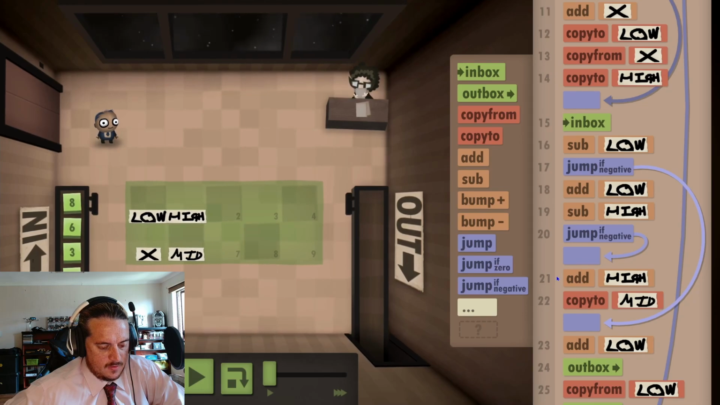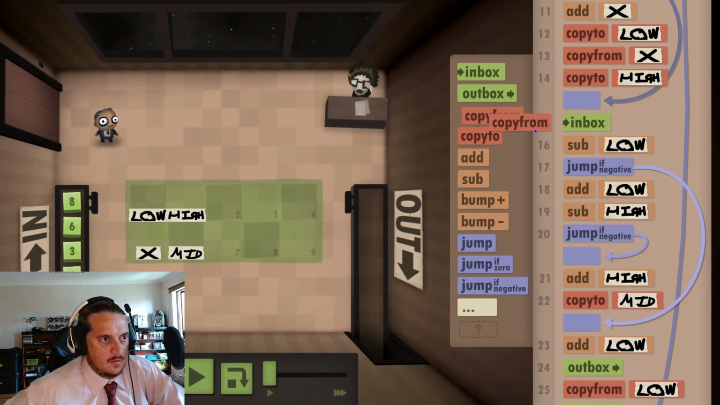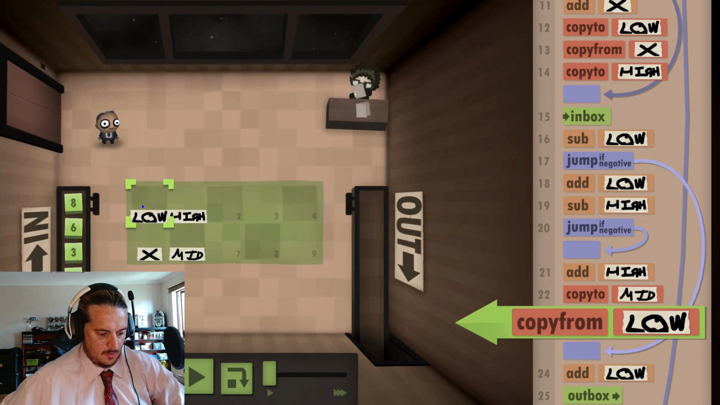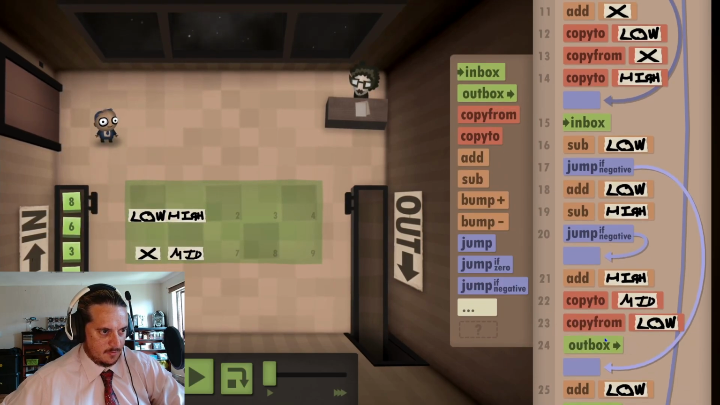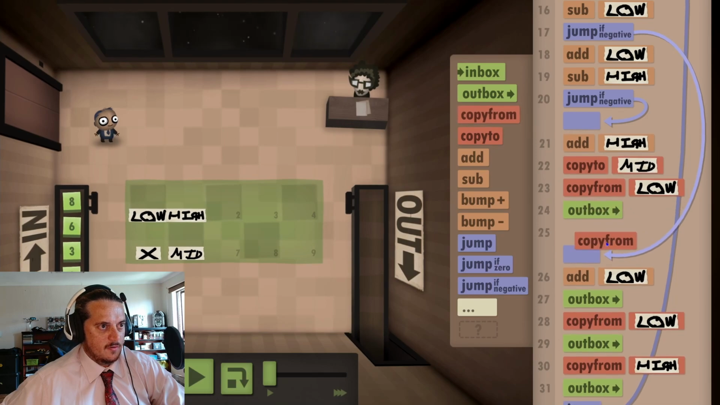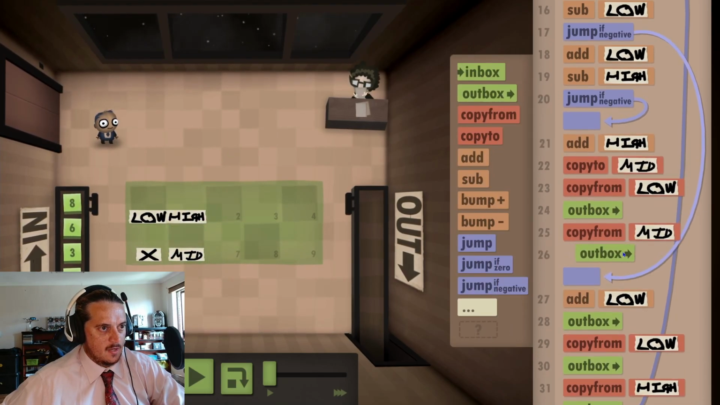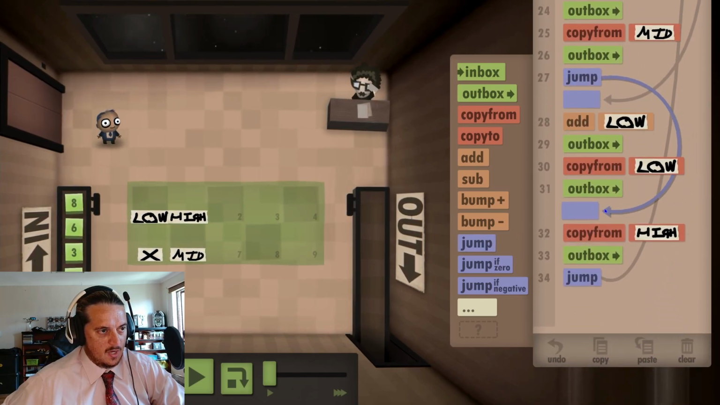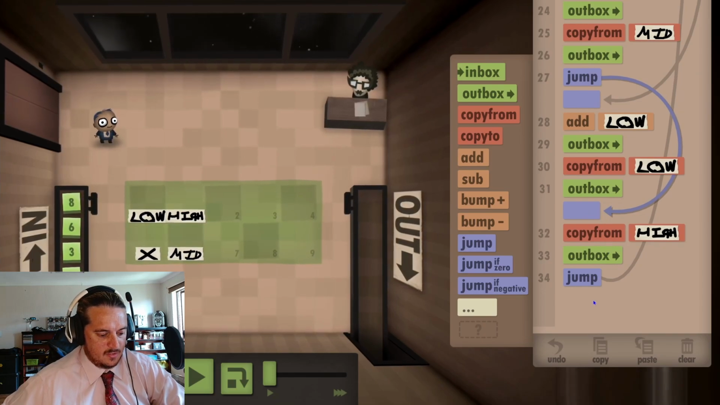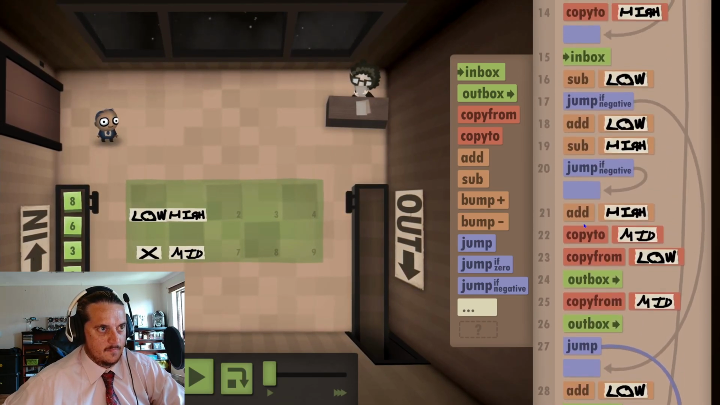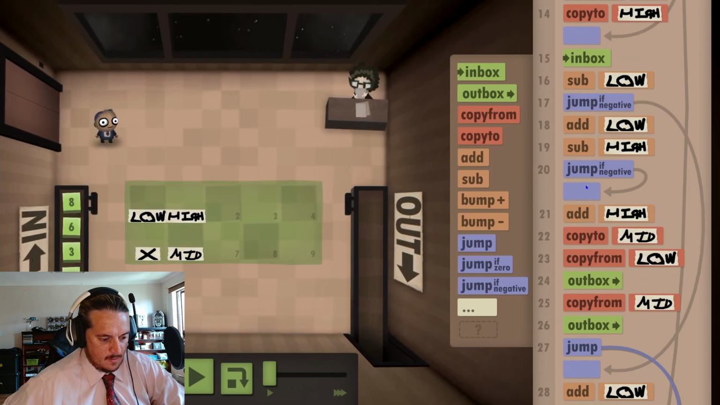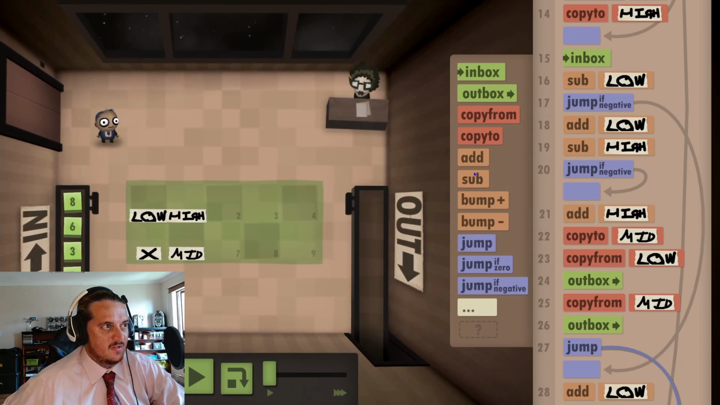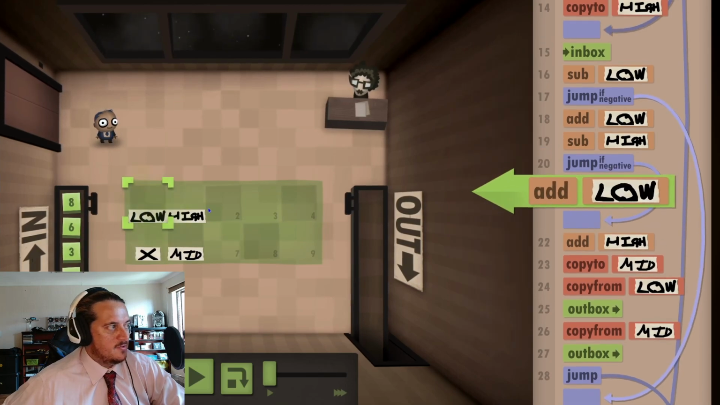And then we're going to go copy from low, outbox, copy from middle, outbox, and then I need to jump again to high and outbox. But then if that sub is not a, so if that's positive, then we're adding it back, so we're adding back high,